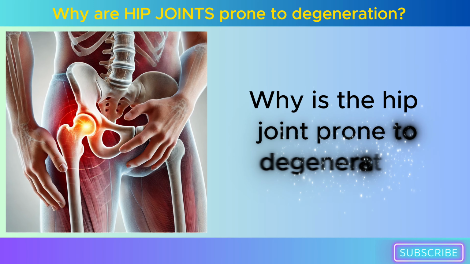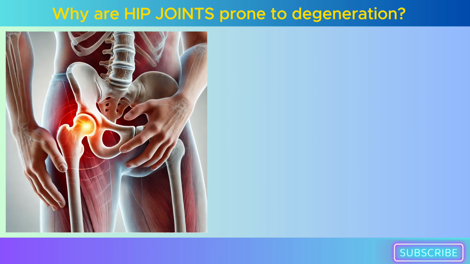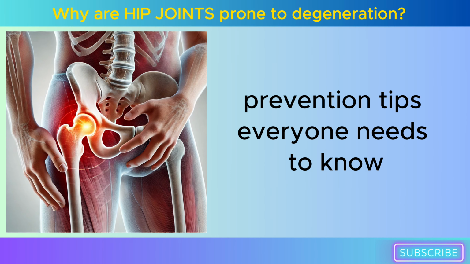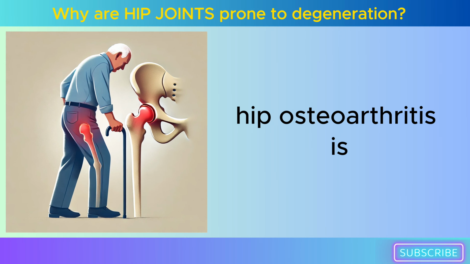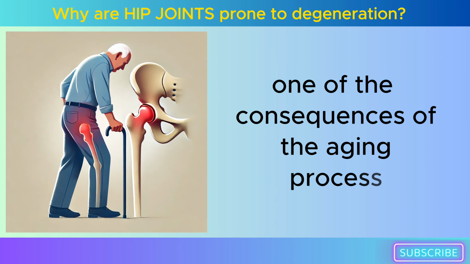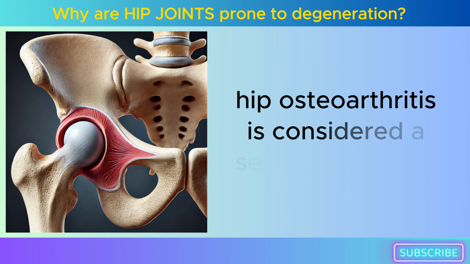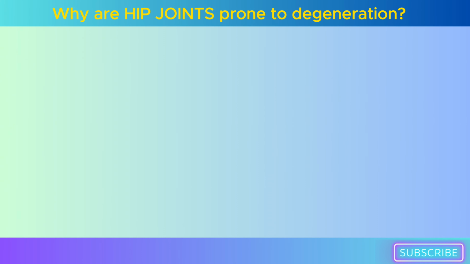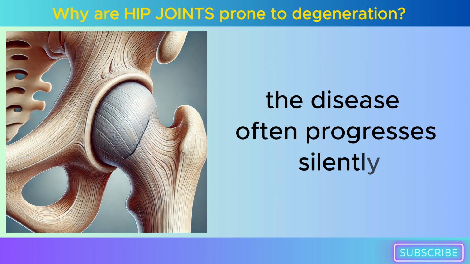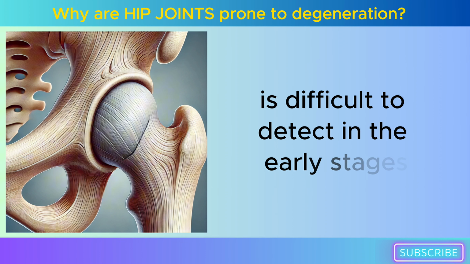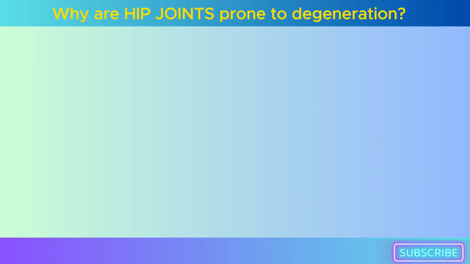Why is the hip joint prone to degeneration? Prevention tips everyone needs to know. Hip osteoarthritis is one of the consequences of the aging process. Although not a common disease, hip osteoarthritis is considered a serious condition. The disease often progresses silently, is difficult to detect in the early stages, and if not treated promptly,